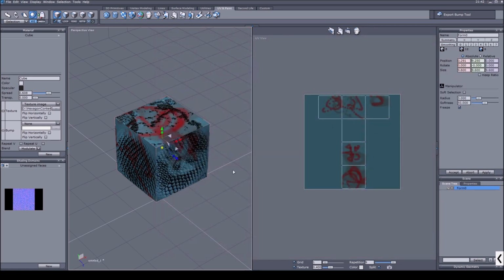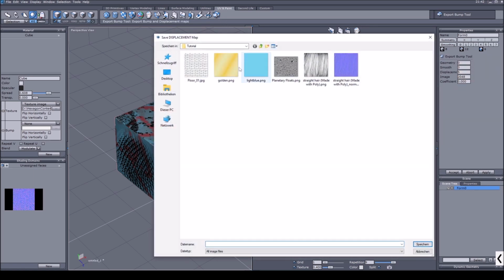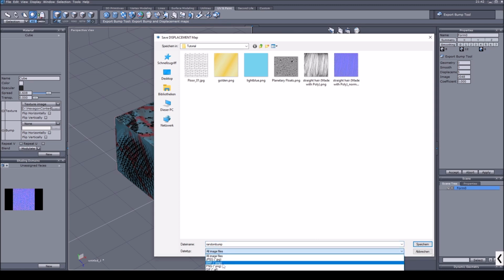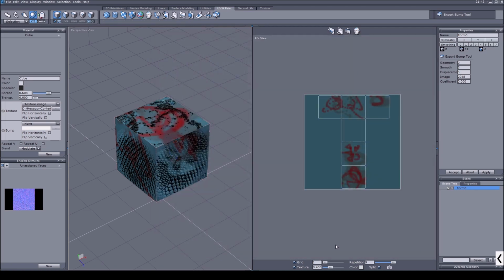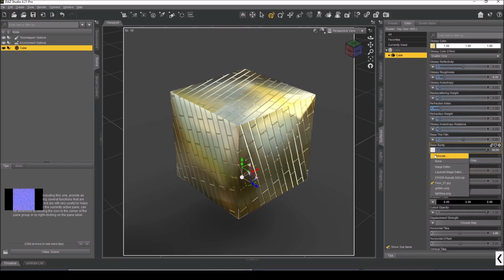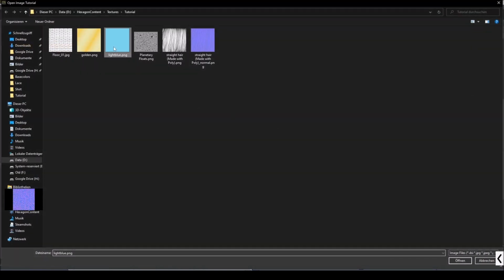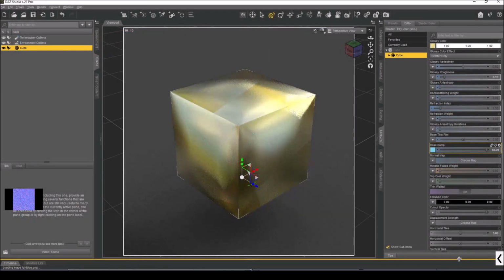No. Random bump. PNG. Or do I need to do it? Okay, let's overwrite this one. Let's see if it works or not. Not really. Well, okay. So this is something I still have to figure out, but I hope this gave you